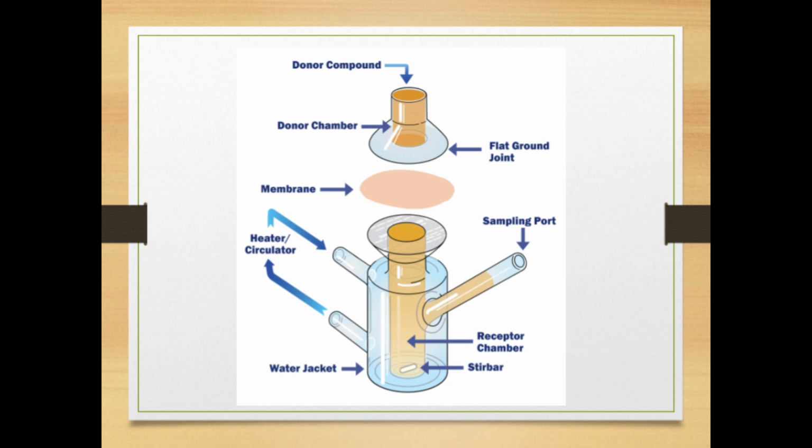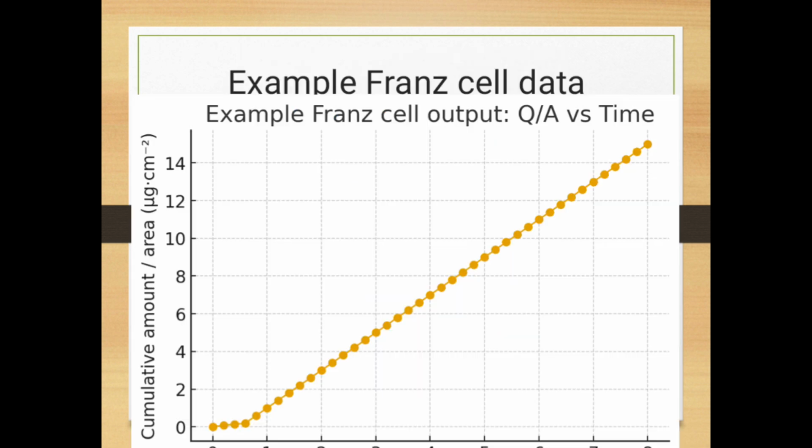Then this is the illustrative plot that you obtain. So the steady linear region begins after the lag time, right? So moving to next one,